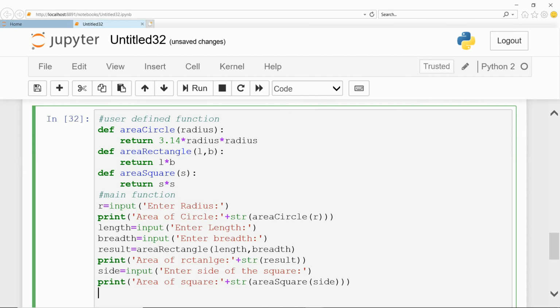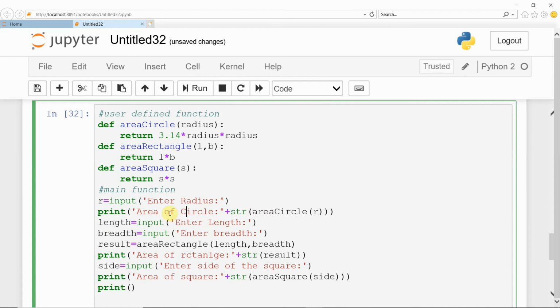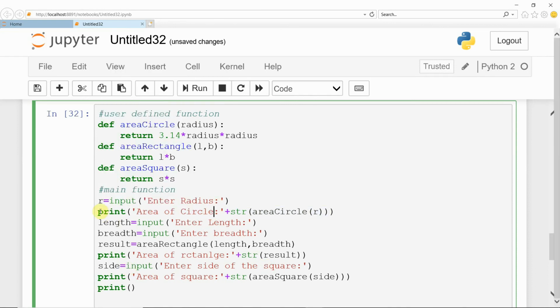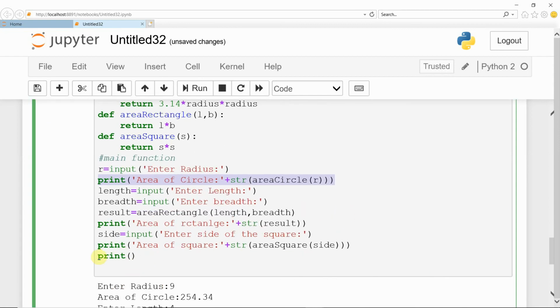For example, here you can directly call the function and print the result. Once again I copy the same code, same line, to the end of the program, using Ctrl C and pasting here.